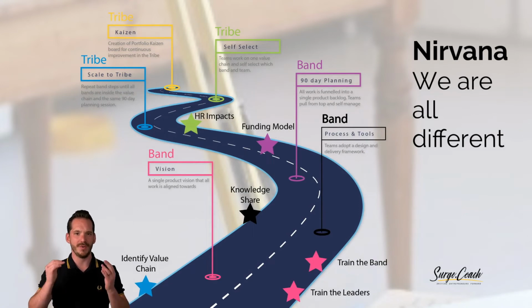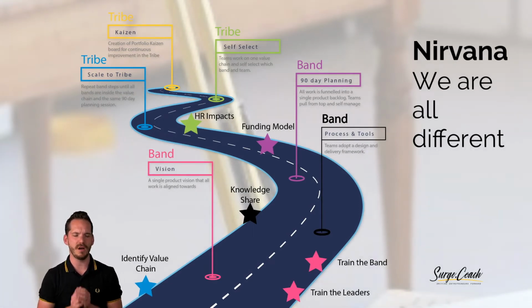People ask me, but what's perfection? What's nirvana? We are all different. Okay, so put that in mind. Every company will be different, and your road to success will be different to somebody else's. But if I had a nirvana, and I take into consideration that most organizations are amber, I would still do this in an amber or orange organization. And this is because this sets you up for success towards green.